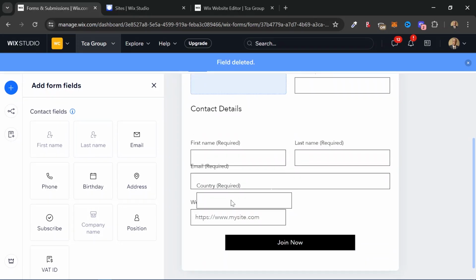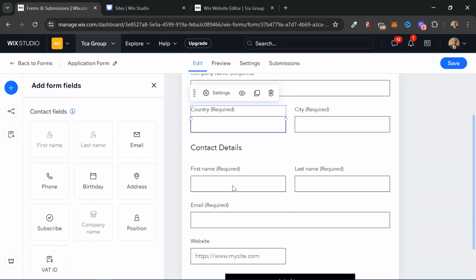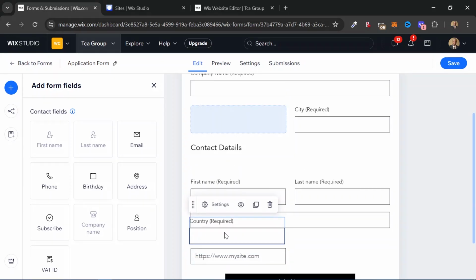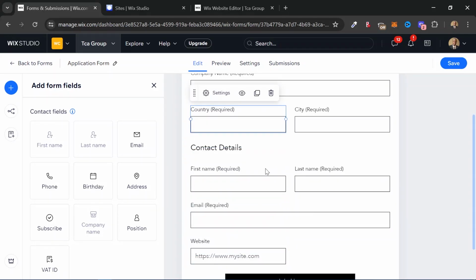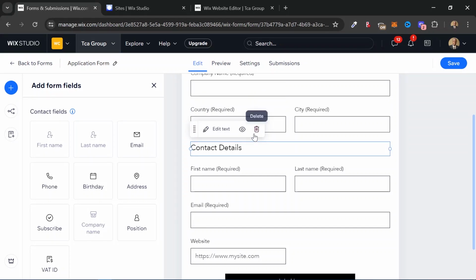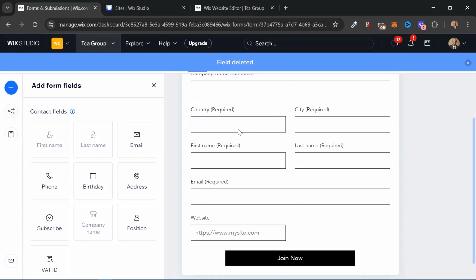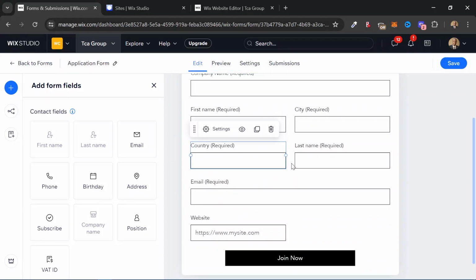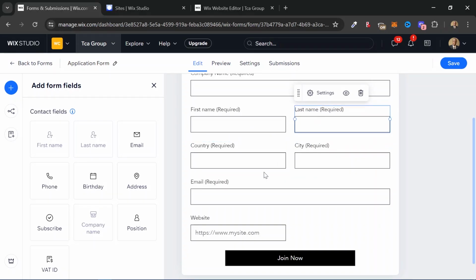So because this is a different section under contact details, we first delete this title. Let's delete it, and then now we have one form. Now bring the country down, and I'll extend. First of all, let's rearrange, take the last name back up, and then I think let's begin with the